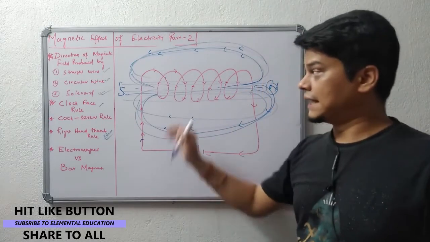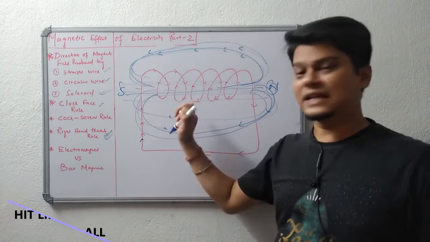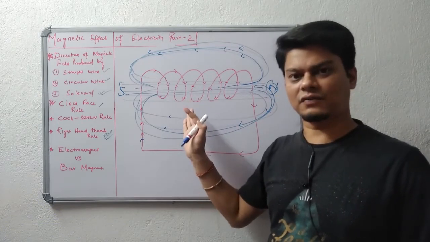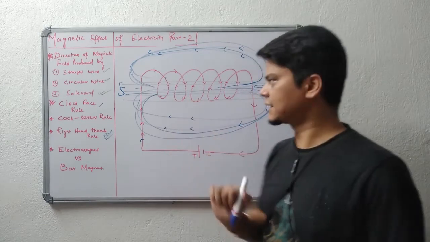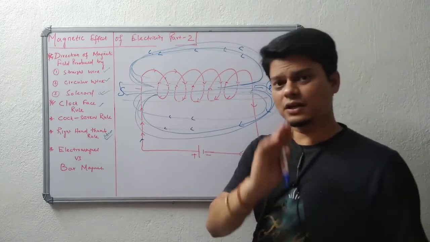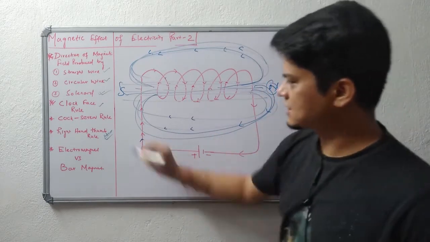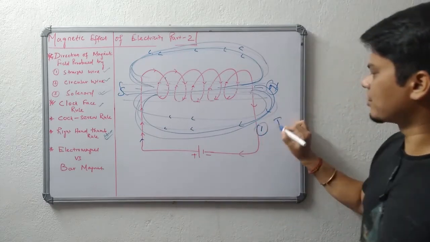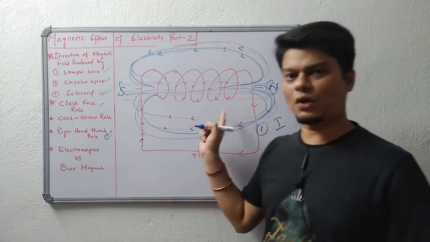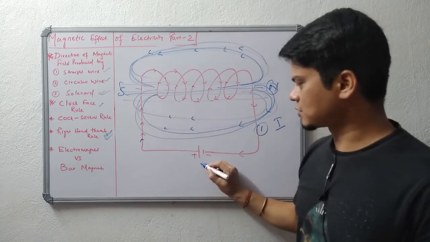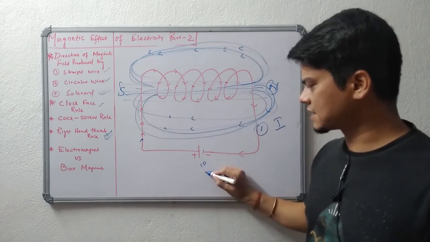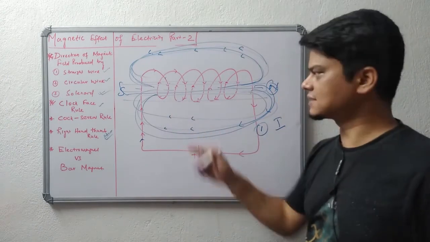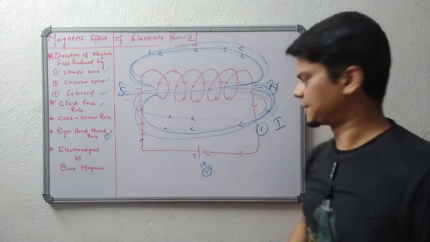So in this case, how can we increase the strength of this solenoid or electromagnet? It depends on 3 factors. First thing is the current flowing across it, the strength of current flowing across it. Suppose this is 10 volt, if I am increasing to 20 volt, the strength will increase. Obviously the strength will increase, the electromagnetic field will be stronger.